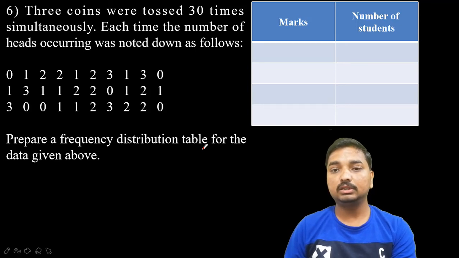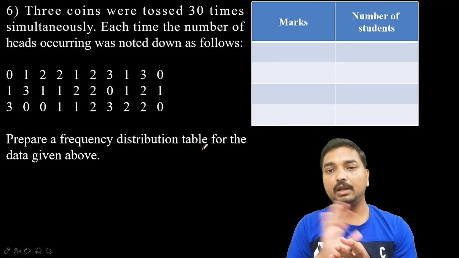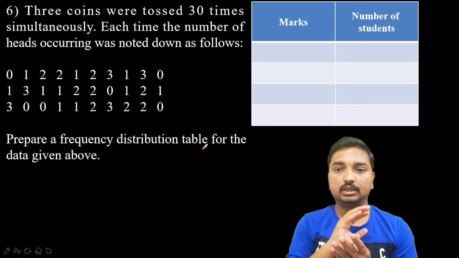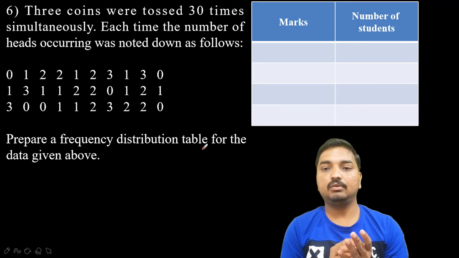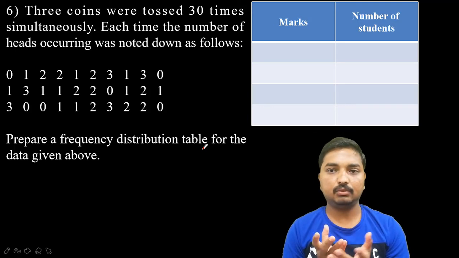When all the 3 coins are tossed simultaneously, the first possibility is that no head appears. In all the 3 coins, there is a possibility that all the results are tails. Then head means you need to treat as a 0. And the second possibility, okay, I think you are getting my point.